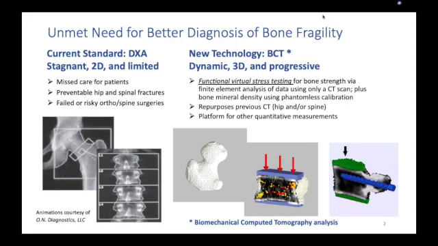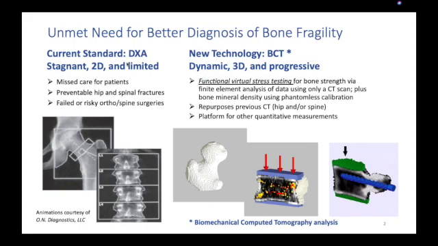And a hip fracture is a pretty nasty way to go, because about 20% of people die within a year of getting a hip fracture. So for many people, it actually signals the end of life. Also in orthopedic surgery, there are applications where you really need to assess the quality of the bone before the surgery, especially for spine surgery. And the current technology, which is called DEXA, dual energy absorptiometry, is a two-dimensional scan that you can see on the left here,